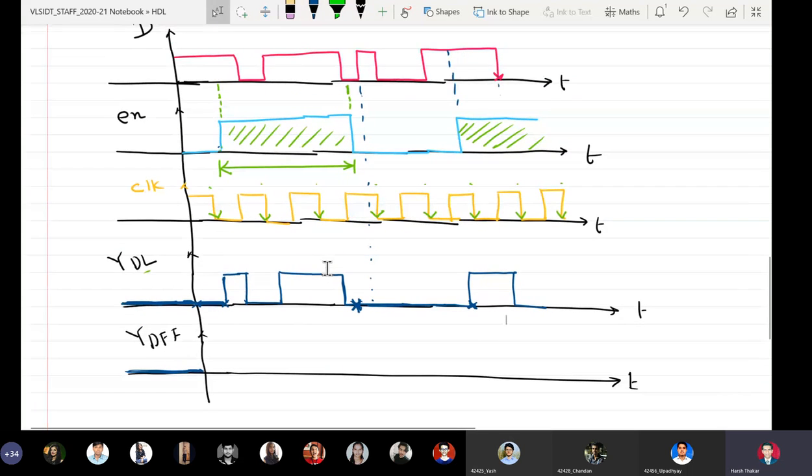Now let us draw the waveform for D flip-flop. I will sample here. Assuming the same thing, that the D flip-flop has a reset facility before t equal to 0, so at t equal to 0 it is made 0. Now, what is the value of the input at the first sampling instant? It is 1. I'll mark everything like this. These are the sampling instants.